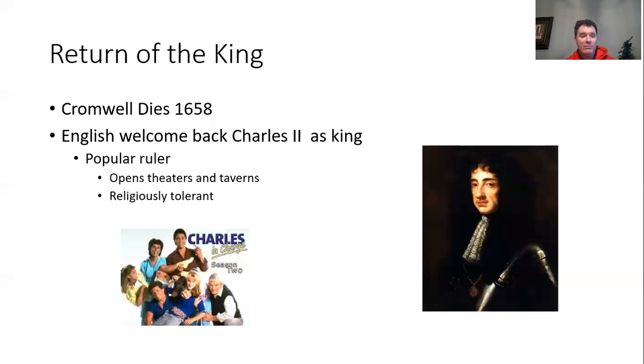And so Cromwell dies in 1658. And the English are like, what are we doing here? Let's open up the bars. Let's go back out and see some Shakespeare. Let's do something. And so they find Charles II, who is Charles I's son, and they bring him back as